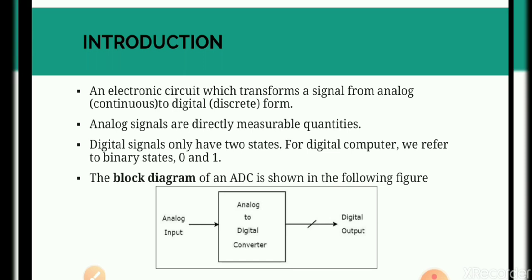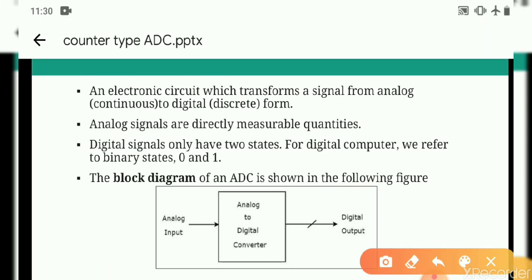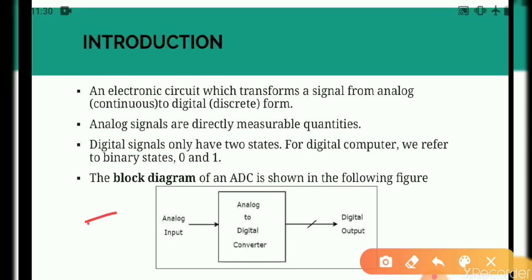digital equivalent. So the block diagram in this slide explains that if an analog signal appears at the input side, it will be converted into a digital output at the output side. Like suppose we are taking an analog signal of 5 volt, so it will be converted as 0101 if we are taking a 4 bit ADC. So this is a general conversion from analog to digital signal.